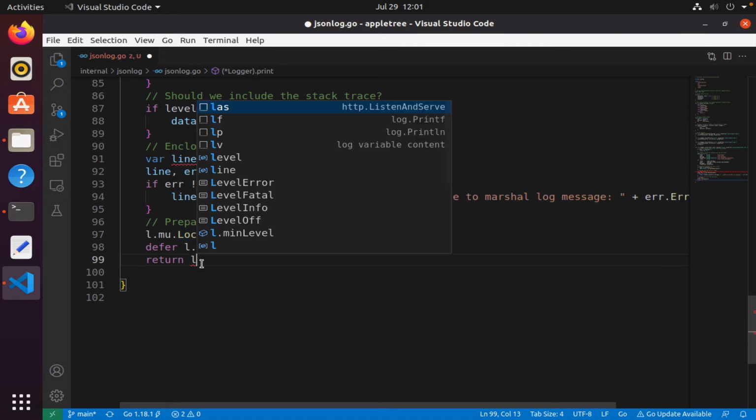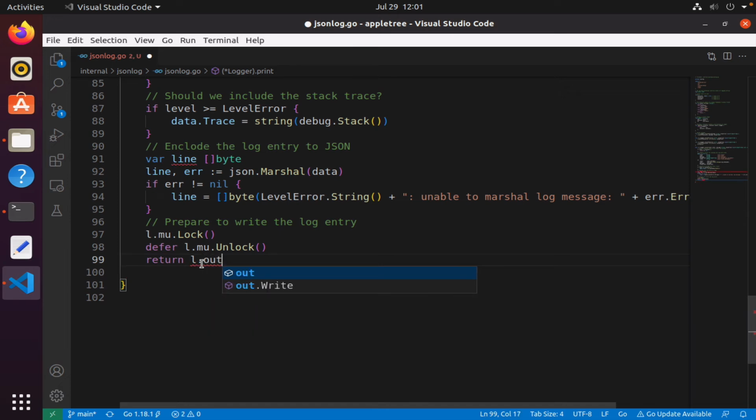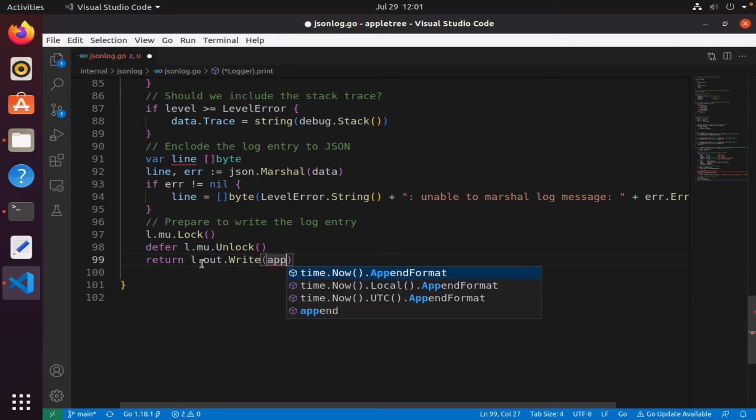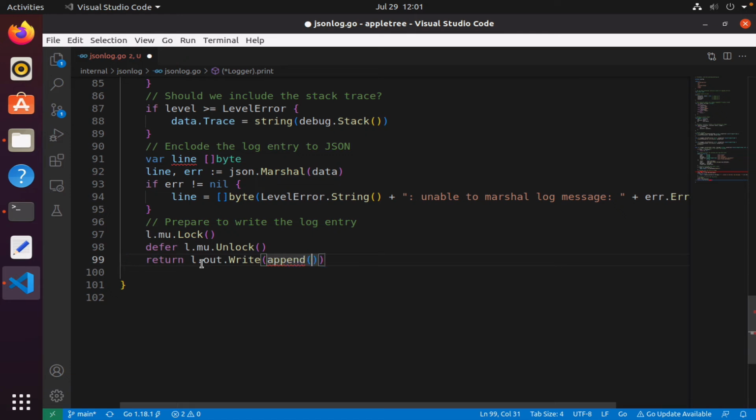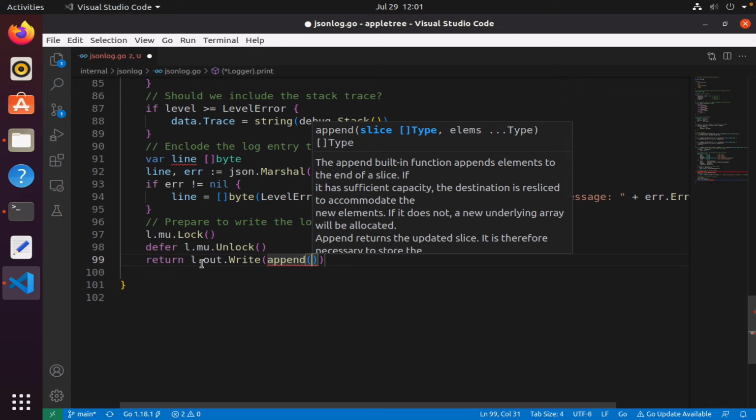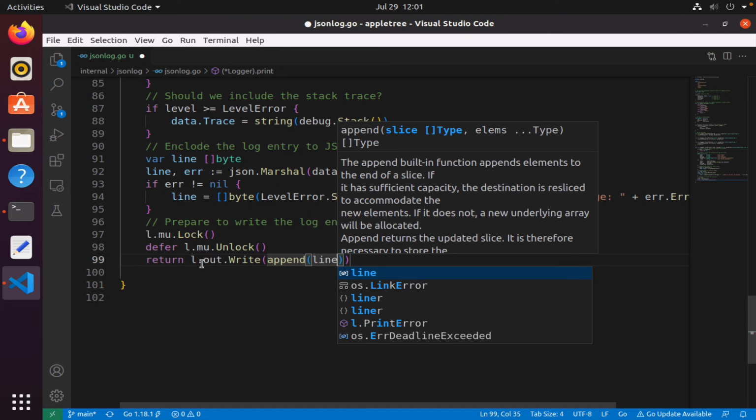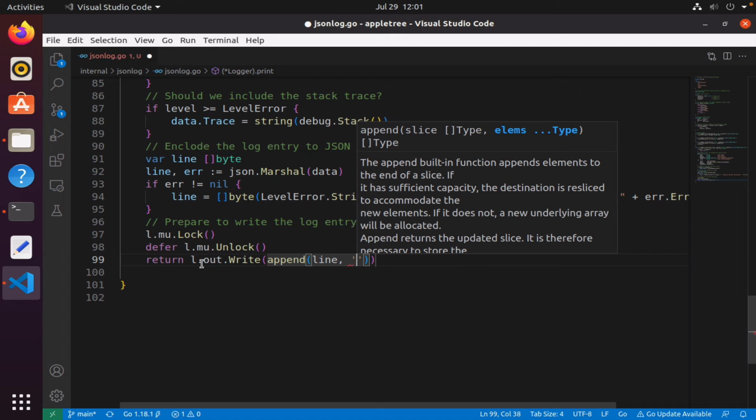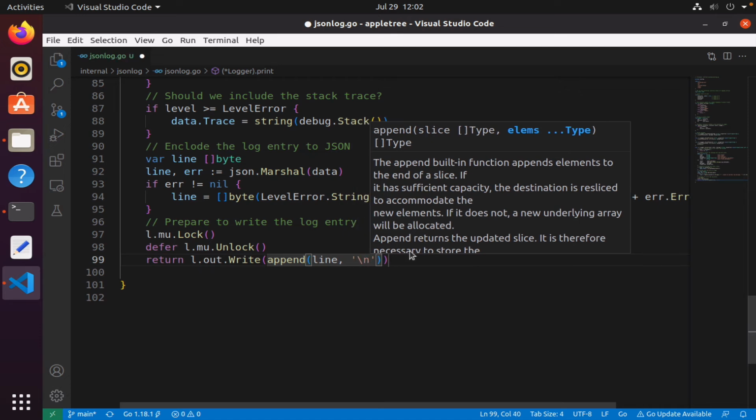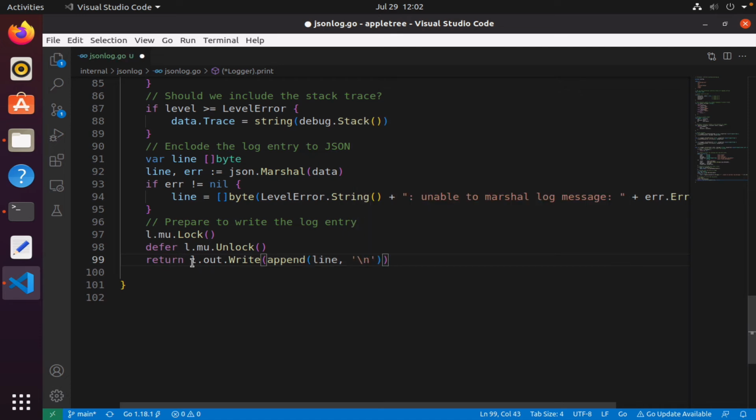So I'm just going to say l.out, right, where to write to, and then I'm going to use the Write method, of course, for that writer interface. I'm just going to append a new line after I finish writing, and so I'm going to write out my line. Okay, and that's it. So after I have written this entry,